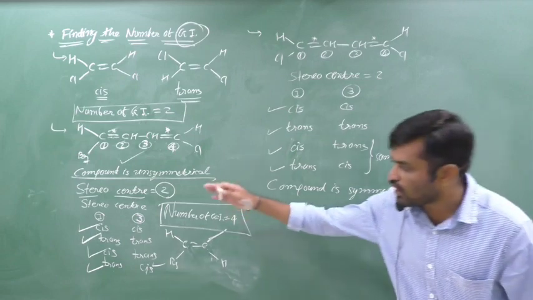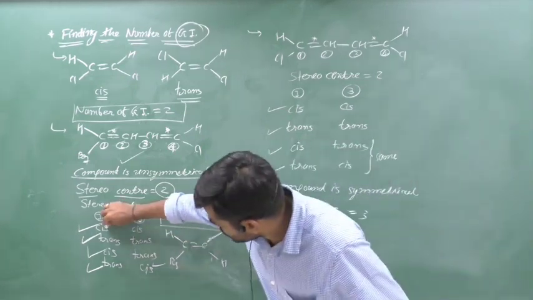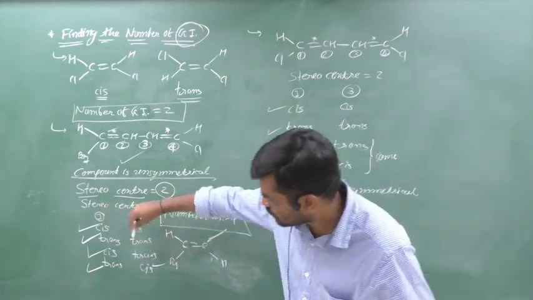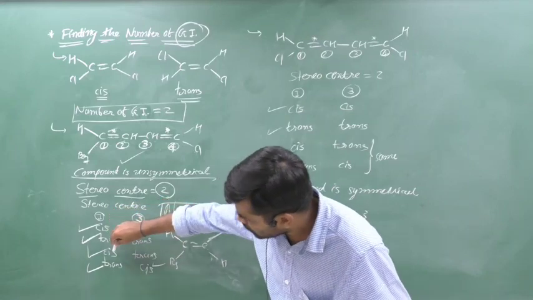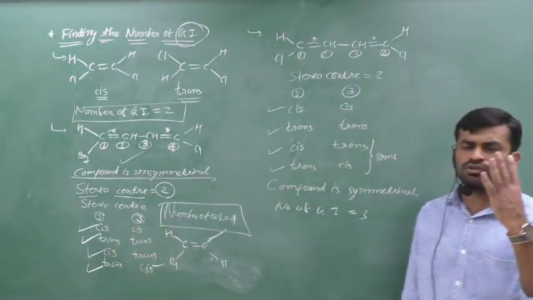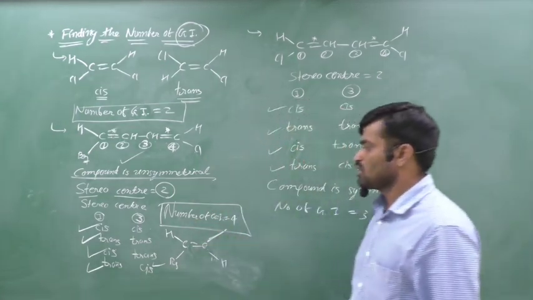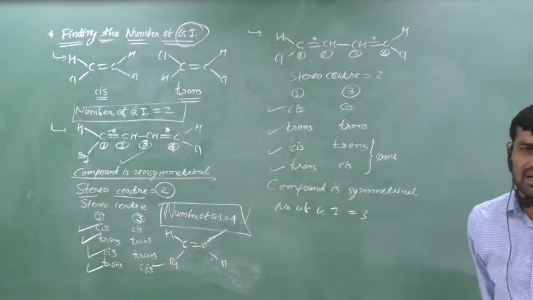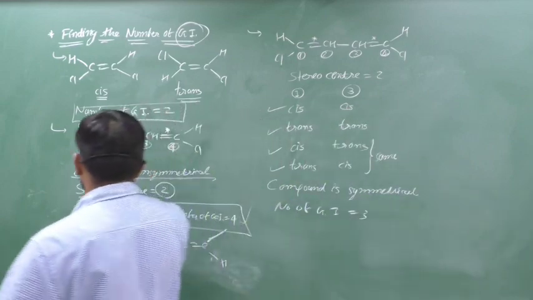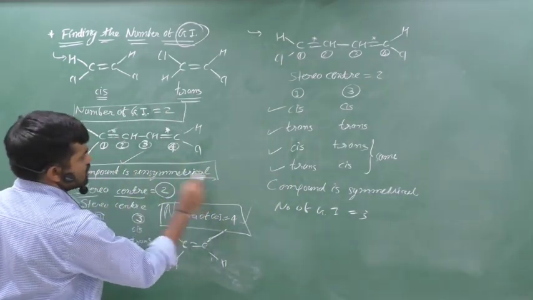Clear? Because all are different. This compound is different with respect to geometrical isomerism. This is also different, and different. We can draw the 4 different structures of this compound with respect to GI. Therefore, you can say that this compound has 4 geometrical isomers. Remember, this compound is unsymmetrical.